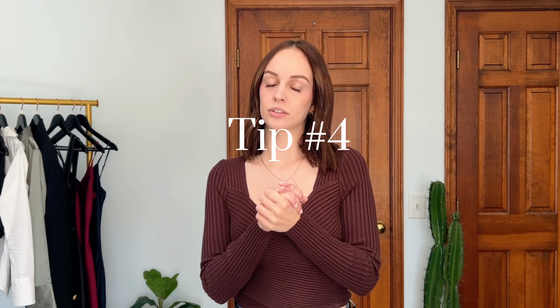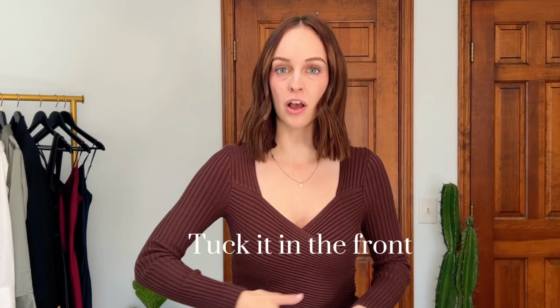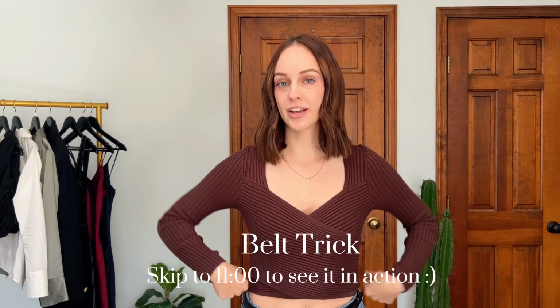All right, you guys, let's talk about tucking your sweater. I see people everywhere asking, how do you tuck a sweater without having a bump? Listen, there's a couple ways that you can tuck a sweater, right? You can tuck it in the front, a little French tuck. Cool. There's the belt trick that has been going viral online. My favorite way, my go-to way every single time to tuck a sweater is with a bralette underneath,